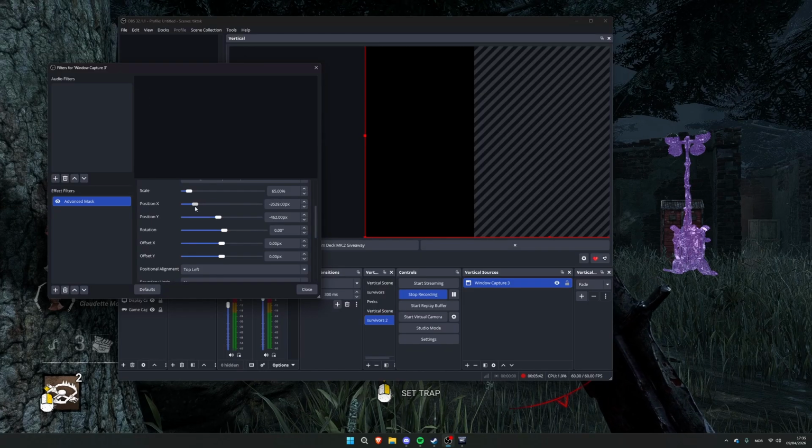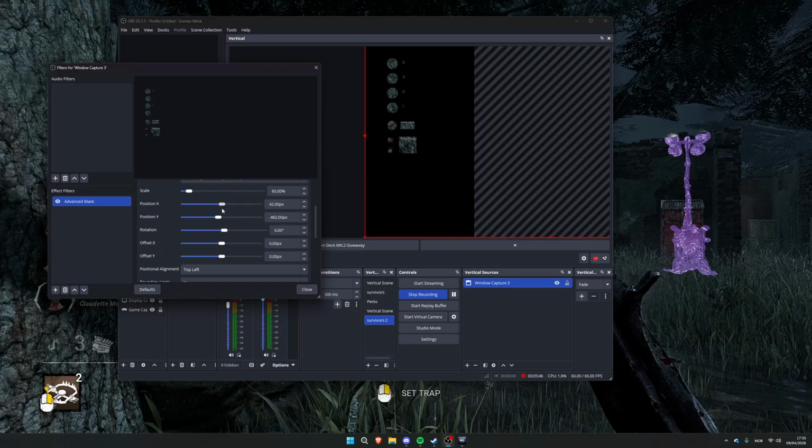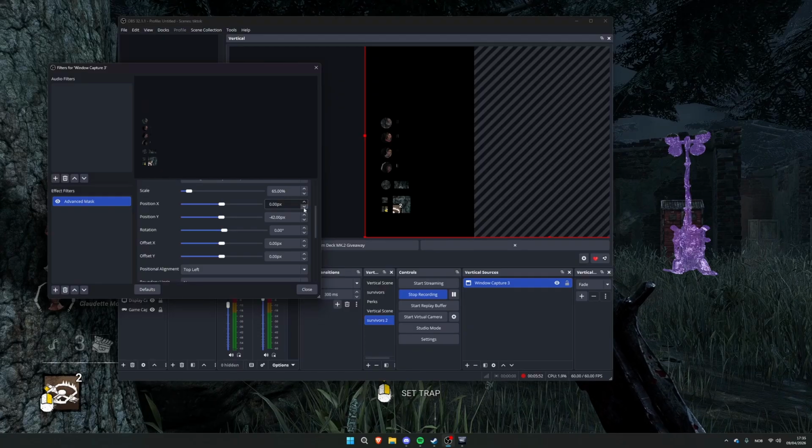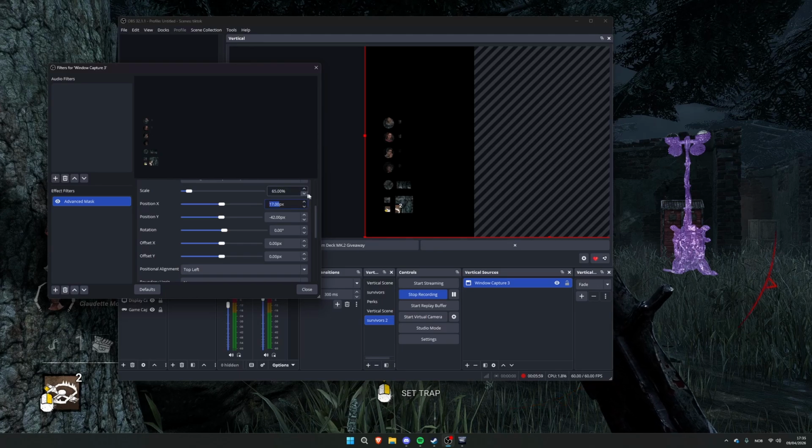If your gaming screen or gaming capture is way too big, then I don't think it will fit. Or it actually depends on the window capture. But as you can see, my tip is to use the arrow thingies, like you can see I'm clicking, and also use the scale tool. Trust me, the scale tool is very useful. I thought it's just the X and Y that matters, but the scale tool actually helps, especially when it comes